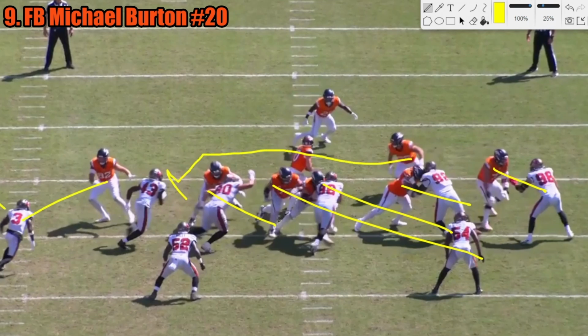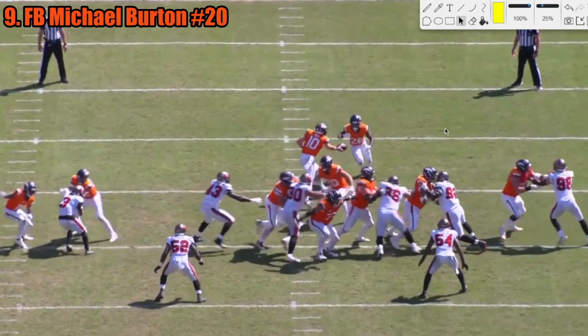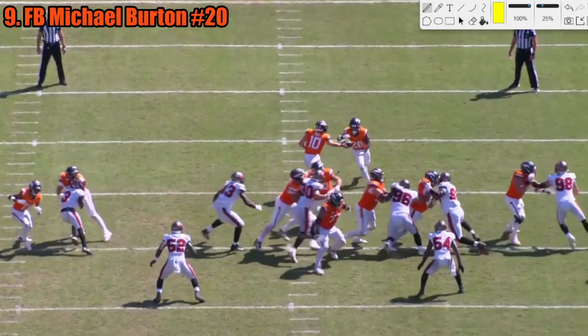Then Burton needs to take care of 43 so Beatty can slip his way on through here, make 52 miss, that type of thing. And how does Burton take care of this? Well, he knows he needs to get low, and he knows his back needs to be to Beatty, so 43 is walled off. In order to do that, he's going to do something I feel like you don't see a lot of